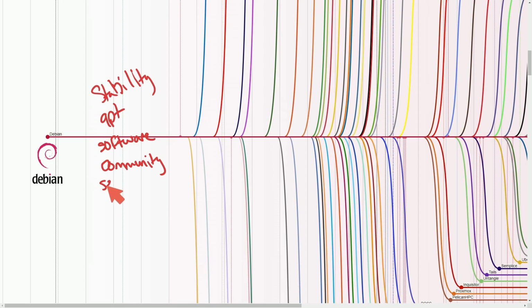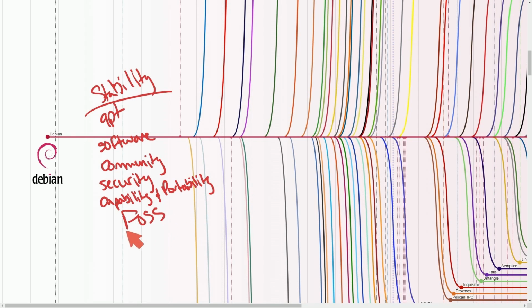The security is top-notch and is a complete focus. Again, stability is probably the capstone here and at the forefront of everything Debian. Another important thing is compatibility and portability offered, meaning you can use it on multiple hardware architectures, including things like x86, ARM, PowerPC, and many more. This broad hardware support, combined with the flexibility, makes it suitable for a wide range of devices. And finally, its strict adherence to FOSS, or free and open source, is another capstone.